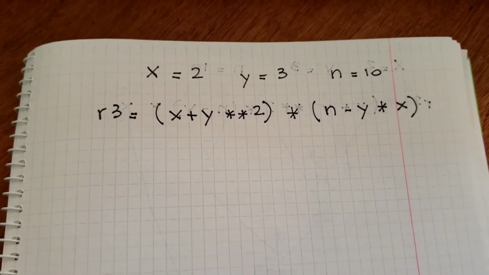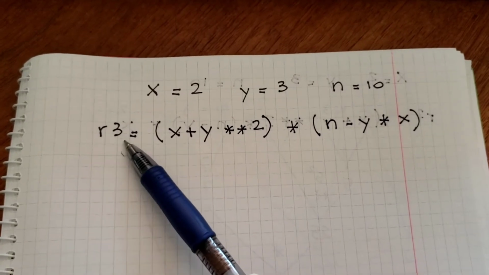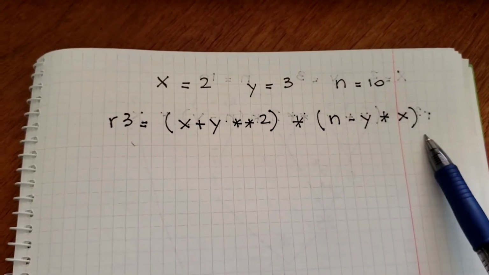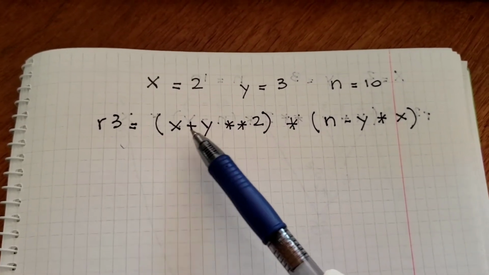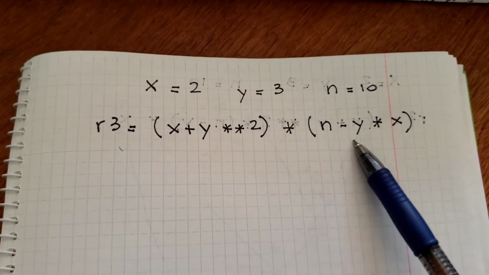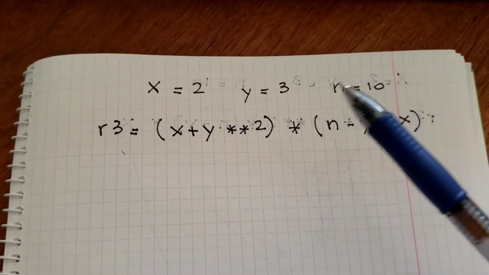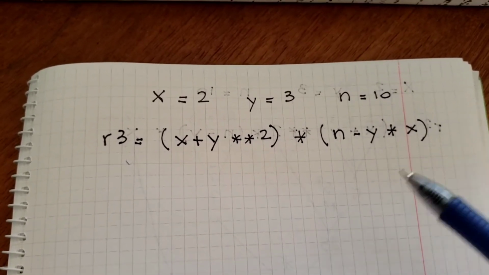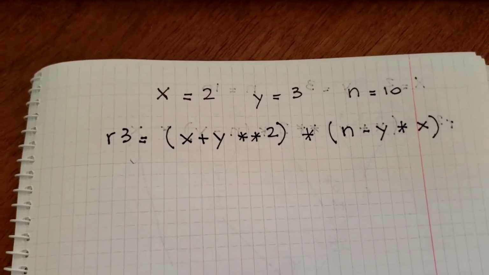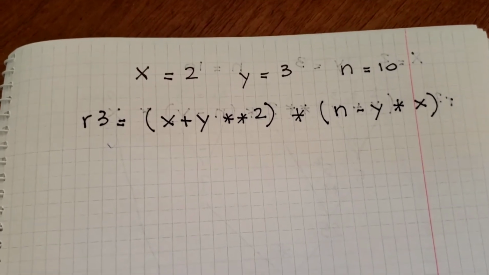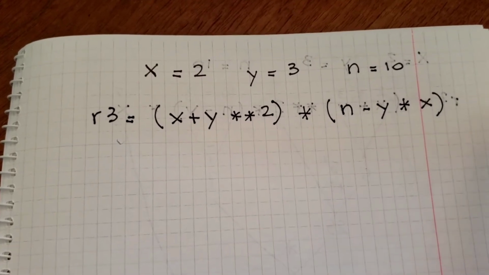So now we're moving on to exercise number 3. When we find the value for R3, it's the same equation as before in terms of the expression, but now we are adding parentheses for this section times the result of this other section. So the values are still the same, and notice that I always write them down because I want to work one step at a time rather than memorizing things, because when we rely on our memory, we are more prone to making mistakes. So we want to make it explicit and ideally read it out so we realize